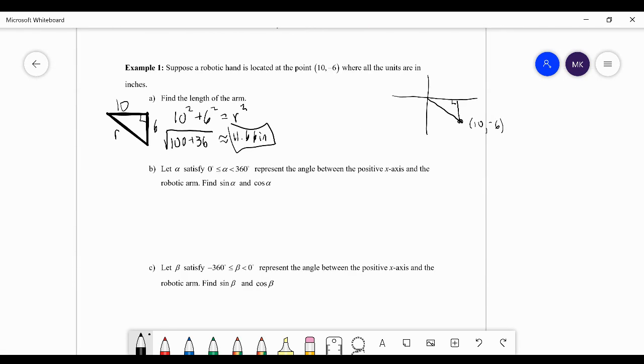So now if we say let alpha satisfy that 0 degrees is less than or equal to alpha, which is less than 360 degrees, representing the angle between the positive x-axis and the robotic arm, find sine of alpha and cosine of alpha. So what this part here is saying is simply that the angle alpha we're considering is a positive angle inside one rotation. So we're not going all the way around and then going a little more, or anything like that. So if we go back to our drawing,